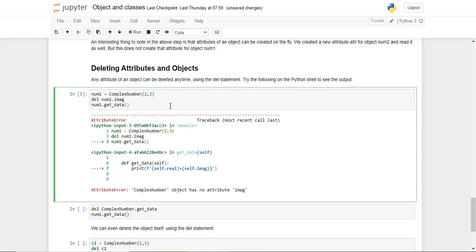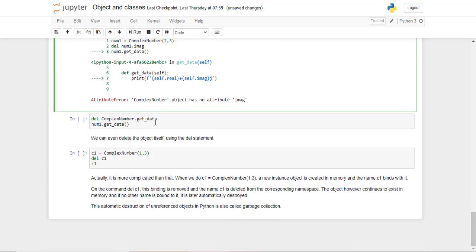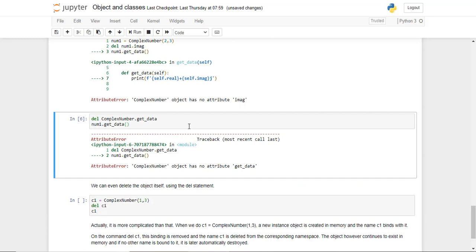Now you can also delete a whole method within the class. So we deleted from within the class the whole function itself. Now this time the error is still there. We got an error here and we're getting an error here, but the nature of the error is different. Here we were not able to find an attribute image.